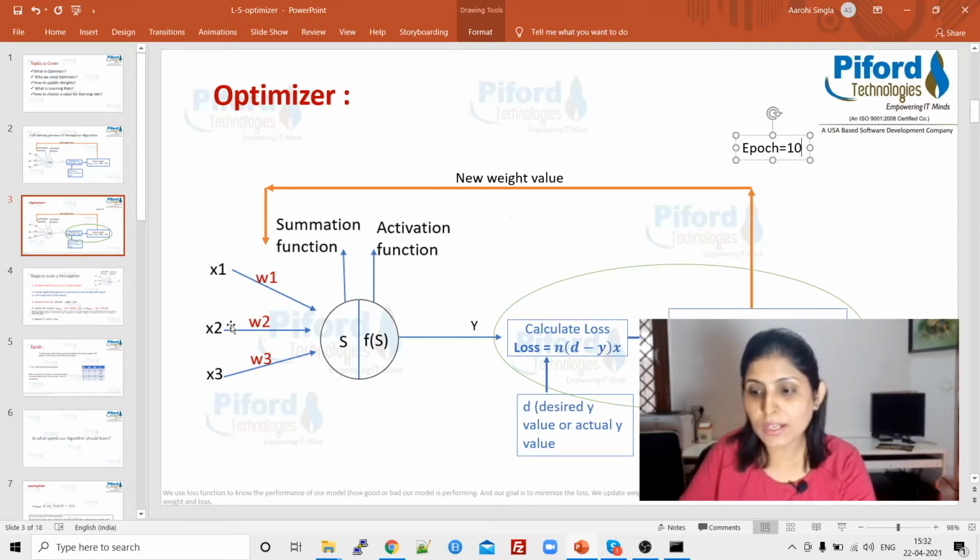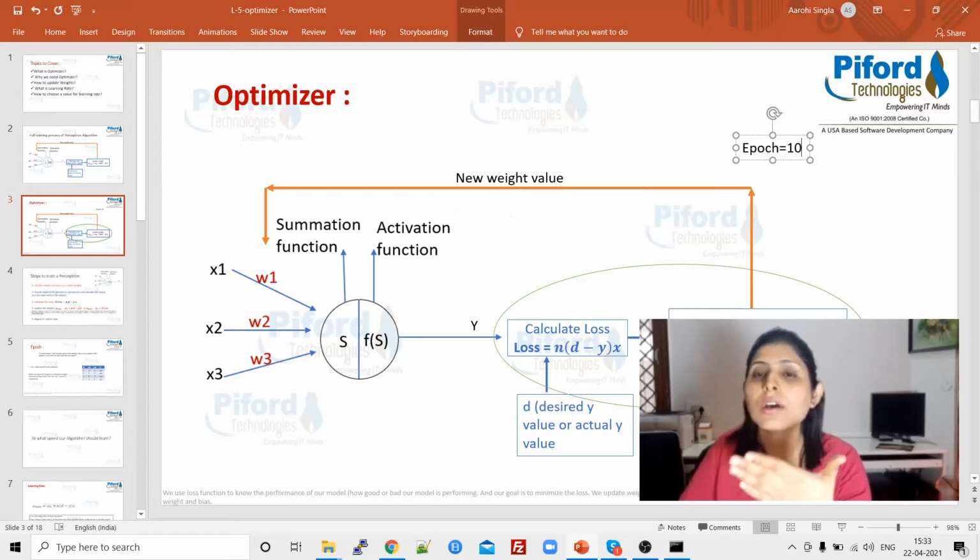These values are getting multiplied with their inputs, and we are passing that data to a summation unit of the perceptron. After that we have the activation function, and then we are calculating a loss, right? One epoch is completed now. Now we have calculated the loss. On the basis of that loss, we have updated the weight.